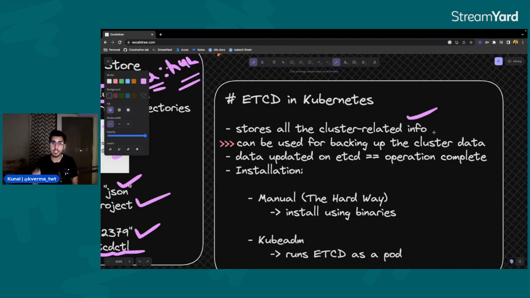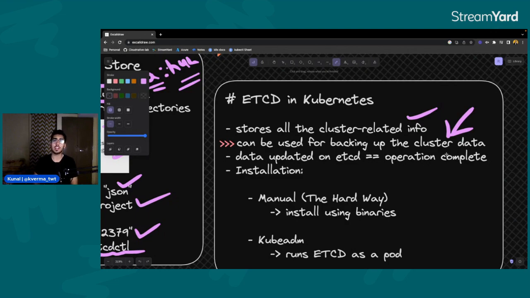Now this is important. Why are we storing all the data? Firstly, it's good practice to store all your data, especially when we are talking about a production use case. But the main essence of storing the data in the etcd database is that it can be used to back up your cluster data.